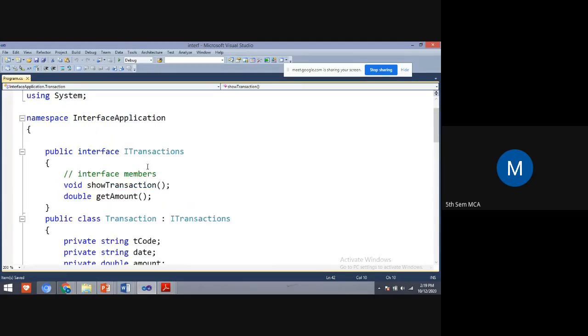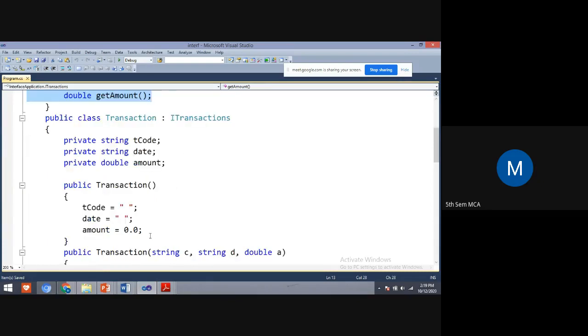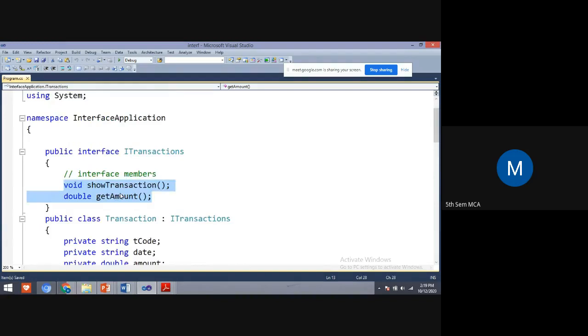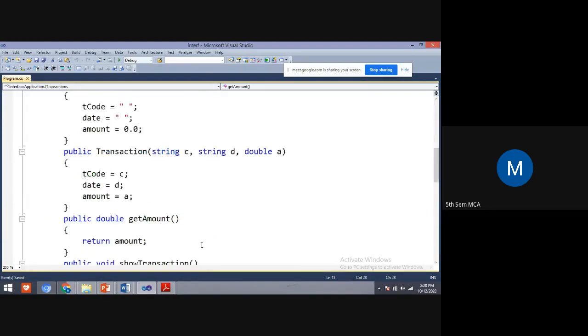Yes, the meaning of this is, when we declare any interface, the members of the interface, here we just do the declaration. The implementation will be done in the derived part, where we implement the interface. There we write the code for the implementation part. Yes, students, understood? Yes, ma'am.